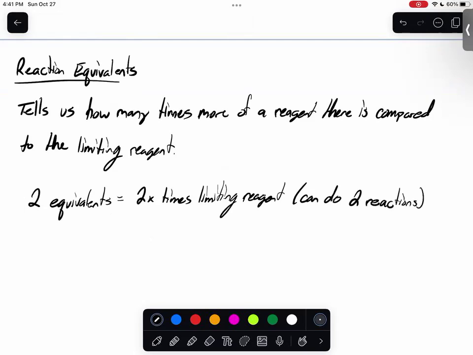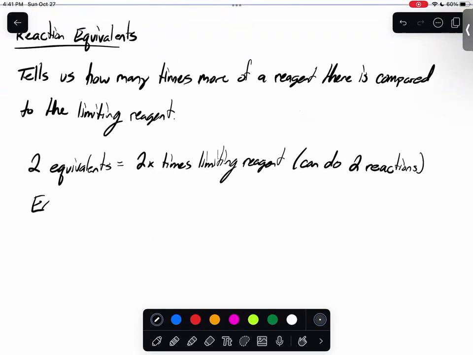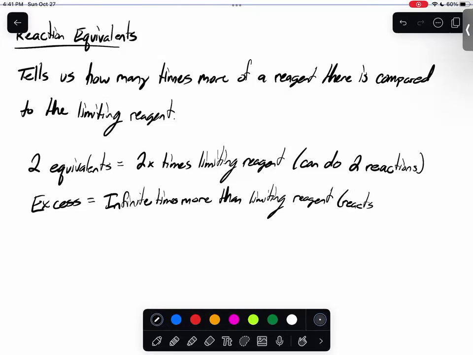Okay? There's another thing that you may see written down, which is excess. And what excess is essentially saying is it is infinite times more than the limiting reagent. AKA, it can react a lot. So in this last example, we're going to look at something that uses multiple equivalents. All right, so let's take